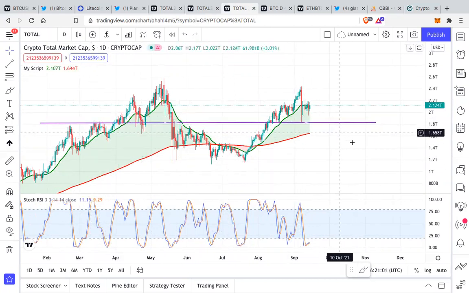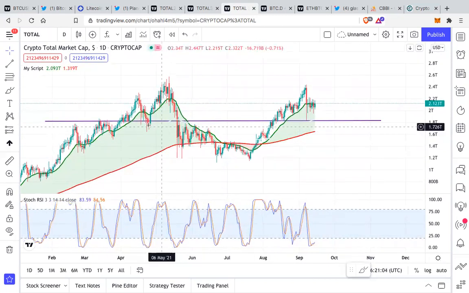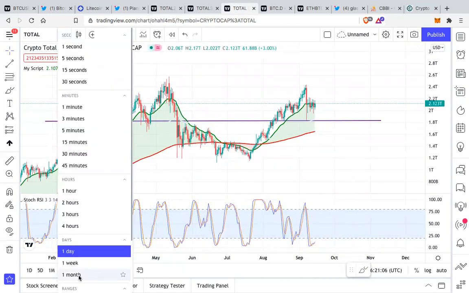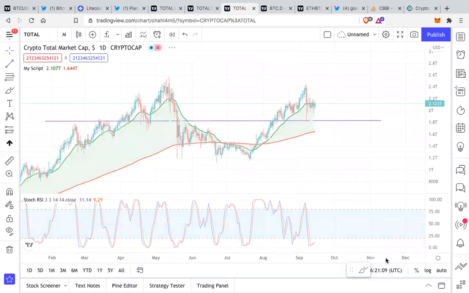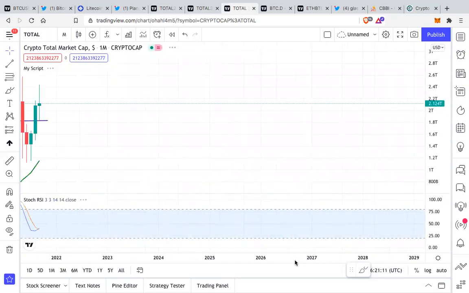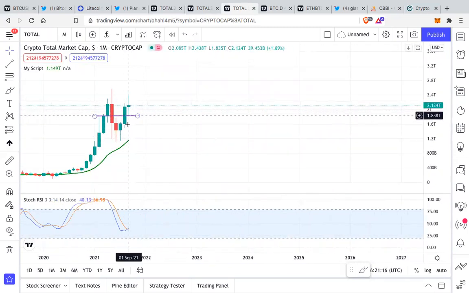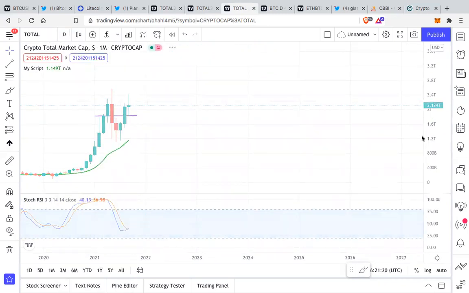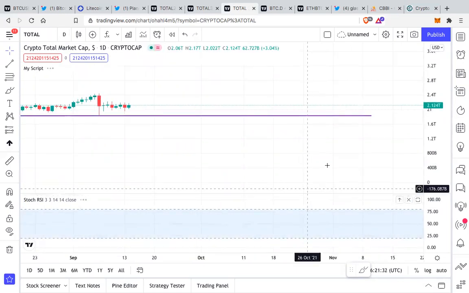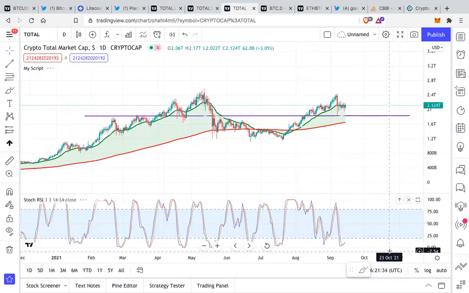So the total crypto market cap is again looking bullish to me on the daily. If you look on the monthly, it is very important to look on the monthly because that gives you the overall picture. Just look at this. On the monthly, again, we are making green bullish candles. So if you go and look at the data, all the data is suggesting that we are in the middle of a bull run and we are consolidating, we are correcting before our next leg up.